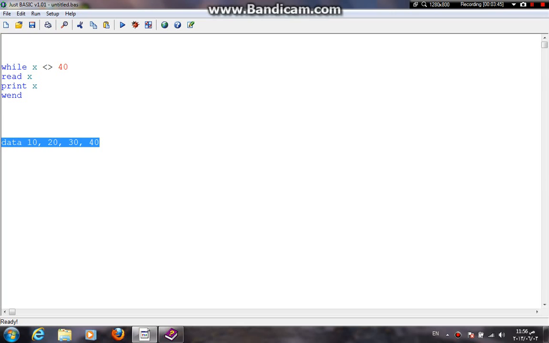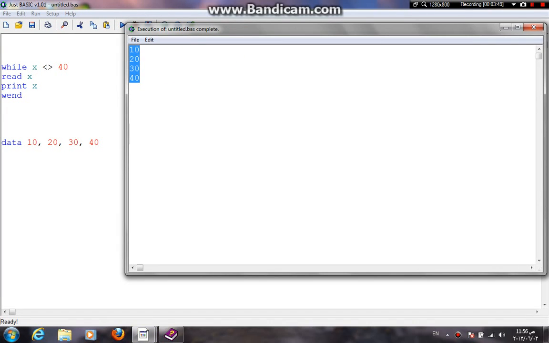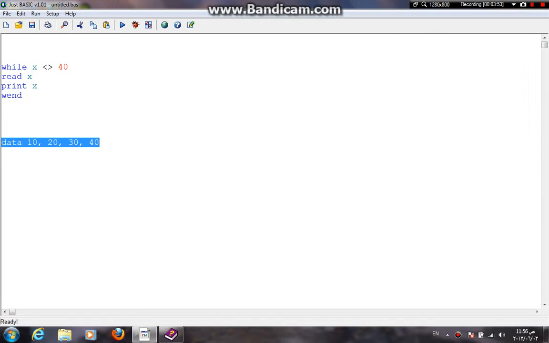And here's our data. So we place commas to separate them, and as you can see, 10, 20, 30, 40, blah blah blah. So if you would like to read more than one data item, what would you do? Let me do something. Let's make this data a string in data, and then let's change this into the end, or something like that. Here in the data, let's say